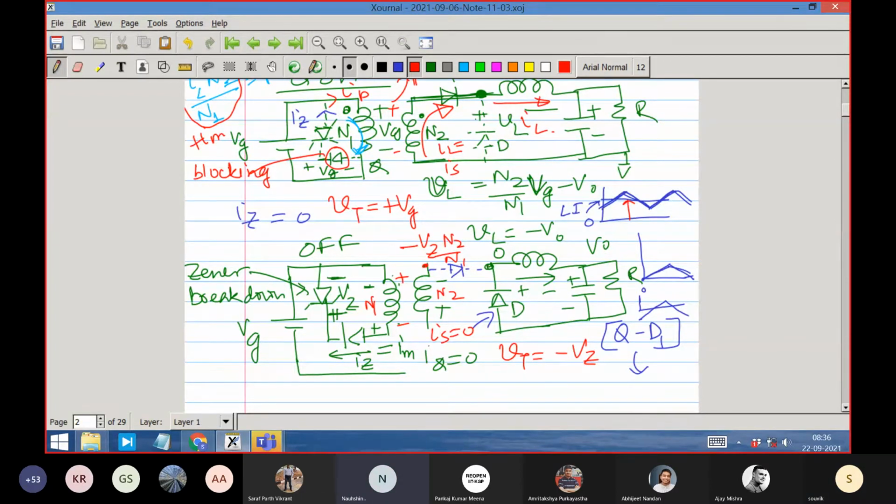With respect to the primary coil of the transformer, in the on state it has a load current, and in the off state it has only magnetizing current. Is it like that? In the on state of the transformer, it has a load current as well as magnetizing current. In the off state of the transformer, it has only magnetizing current. In the on state, the magnetizing current goes up like this. In the off state, the magnetizing current comes down like this.